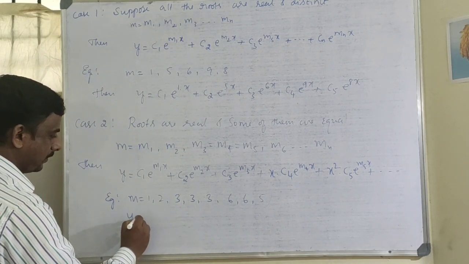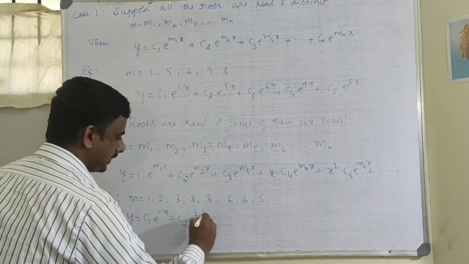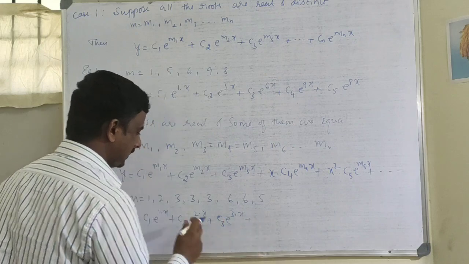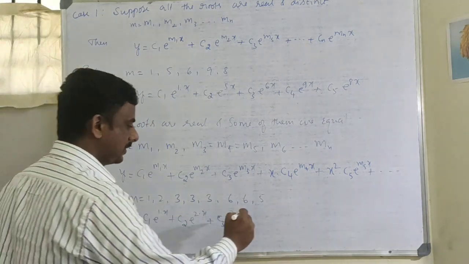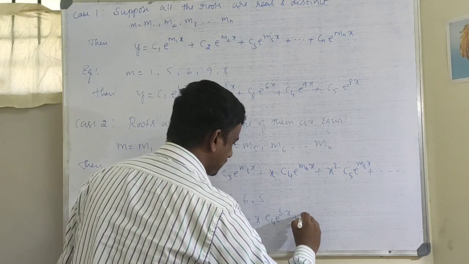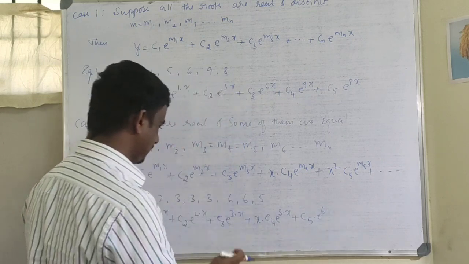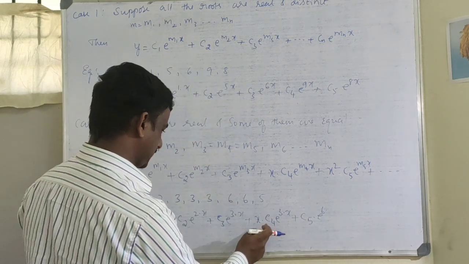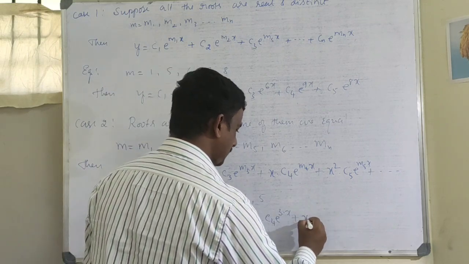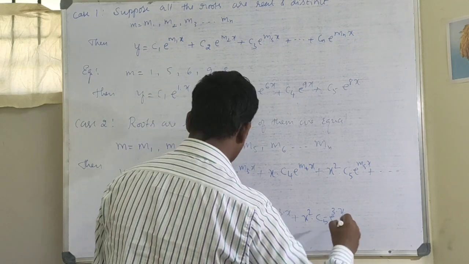So the solution will be y equal to c1 e power 1 into x plus c2 e power 2 into x plus c3 e power 3 into x plus, this is the repetition of previous root, x into c4 e power 3 into x plus c5 e power 6 into x, which one? Second repetition it is, so x square c5 e power 3 into x plus